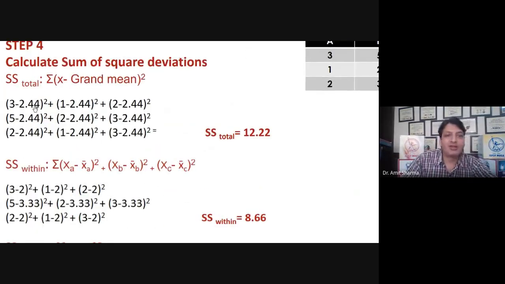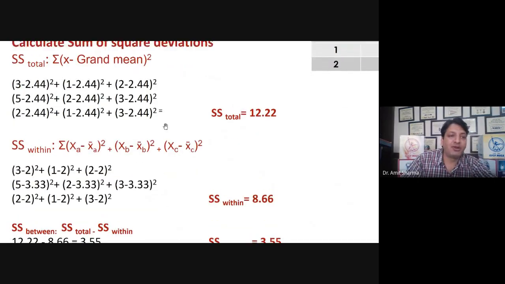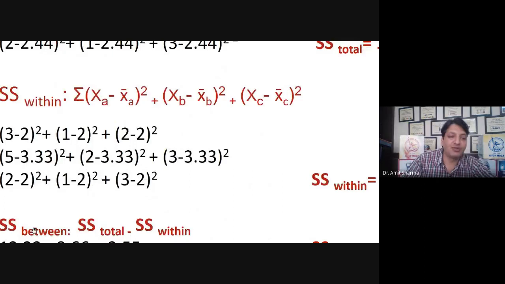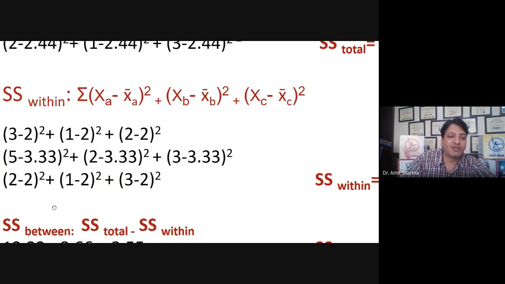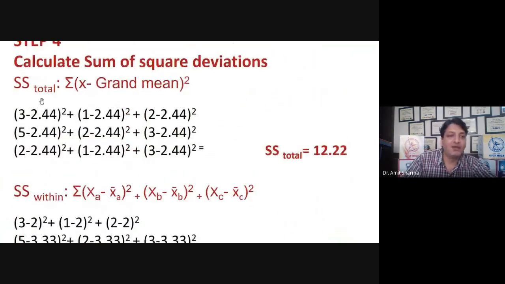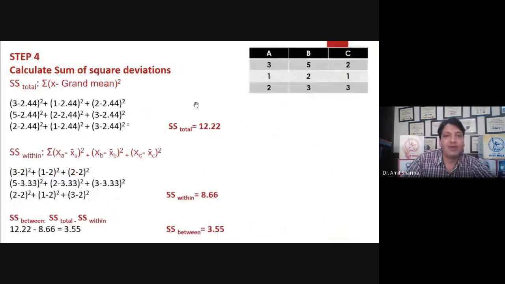So in step 4, how to do it? A huge calculation, you can do it manually also. A simple rule is there. You have to remember this formula. You have to calculate the total, you have to calculate the within, and if you have the value of total and within, you can calculate the SS between, because the formula for SS between is total minus within. Clear? So how to do it? I will just take one line because it's a huge calculation. So by giving one example, I will switch to step 5.